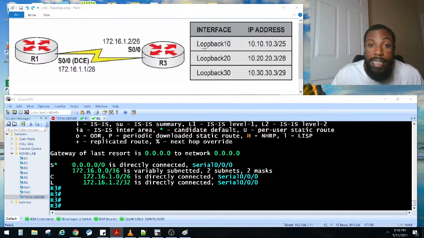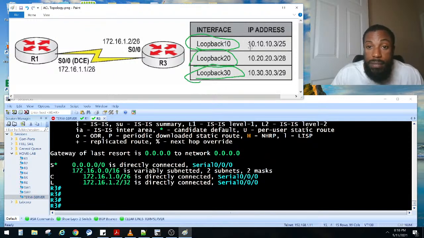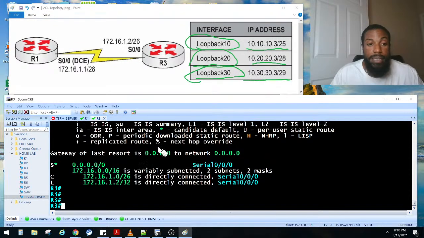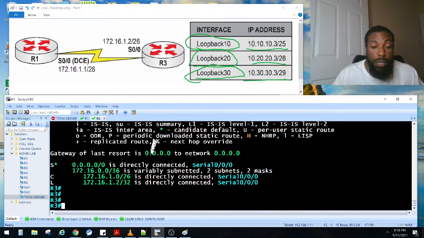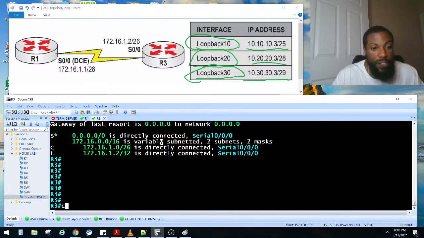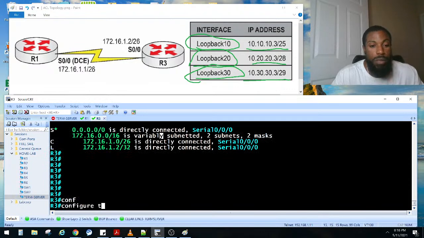So we got to do these loopbacks right here. Interface loopback 10, loopback 20, loopback 30. Y'all know how to do loopback addresses, right? And give them these respective IP addresses. And then that should be it for task number 2. So we about halfway done once we do those loopbacks. So go to global config mode, terminal,